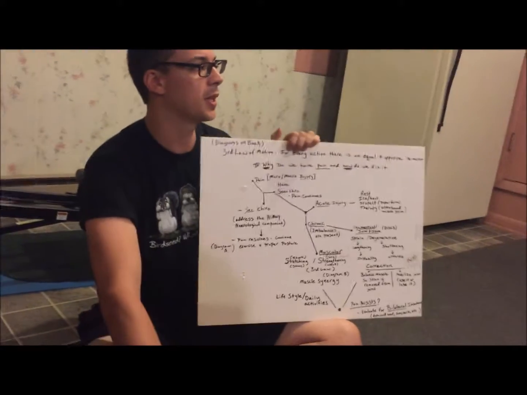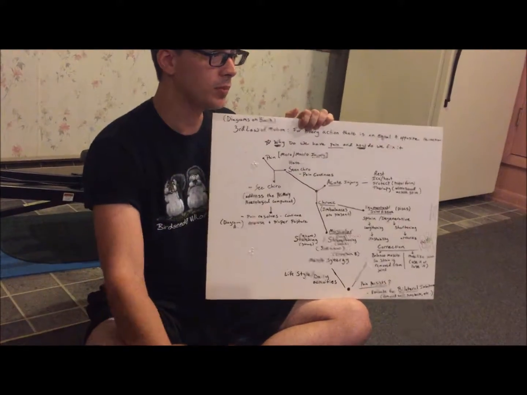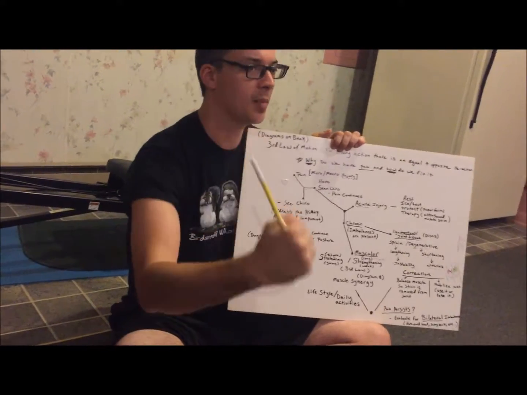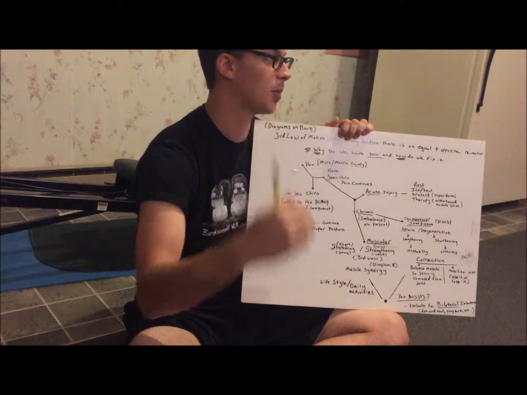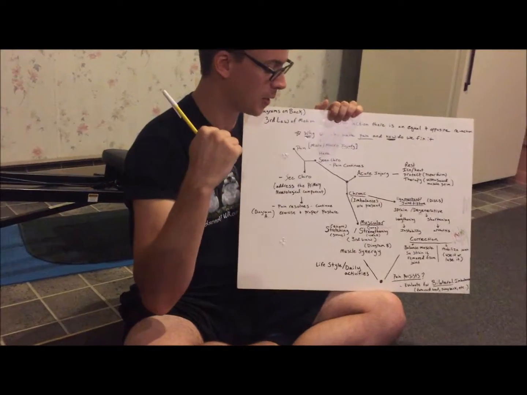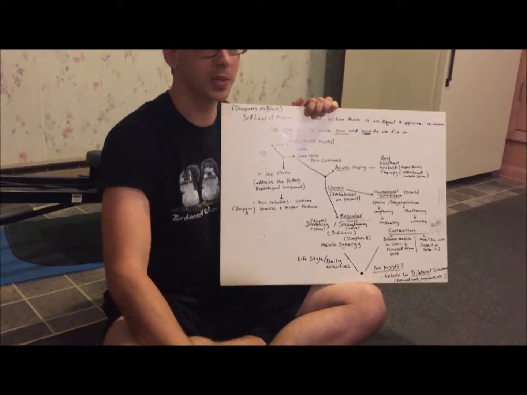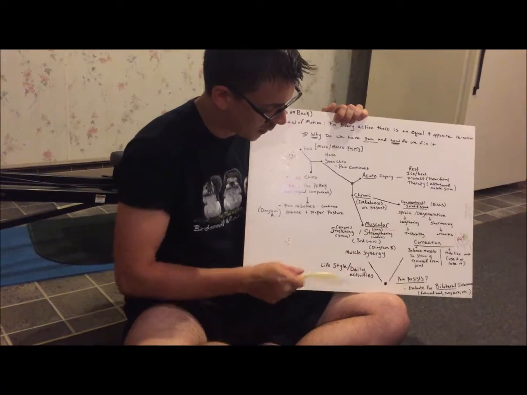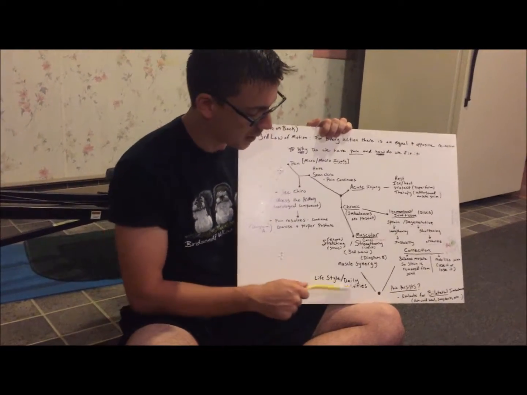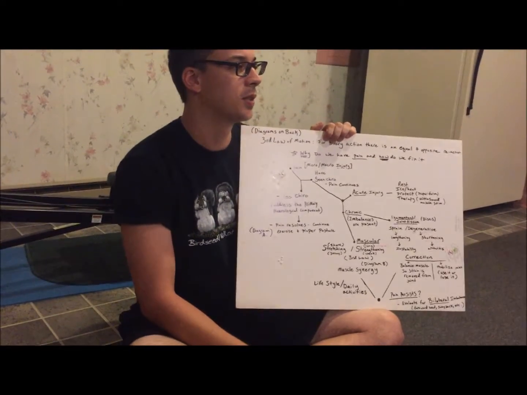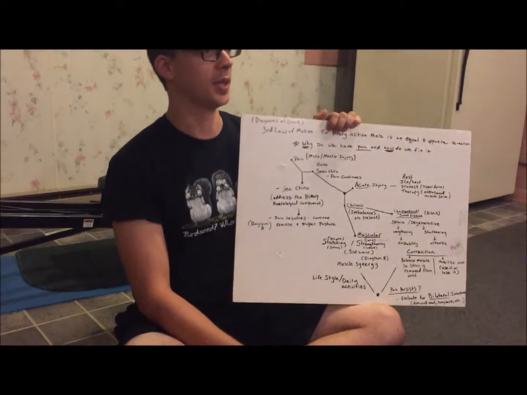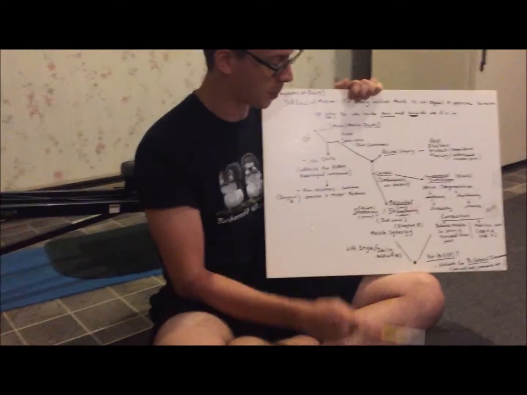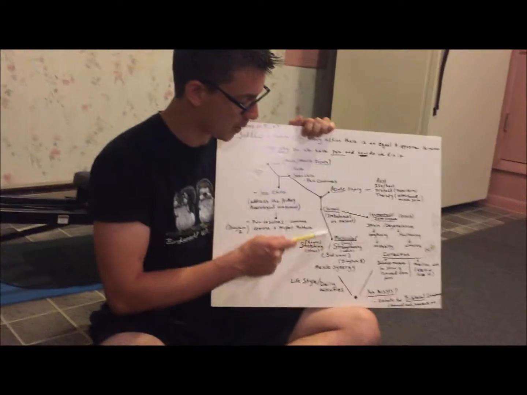So muscle synergy is the same thing as Newton's law. I'm flexing my biceps. If I work that all the time, my triceps are going to get weaker and weaker as my biceps get stronger and stronger. So that's muscle synergy, or a lack of synergy, you could say. So that's what we're doing here, we're trying to balance that out. And we can see that the lifestyle too, daily activities, could affect that. So if you're not applying what we're doing here to your life, you can run into the same troubles with the chronic pain. So let's jump back up to our branch here.